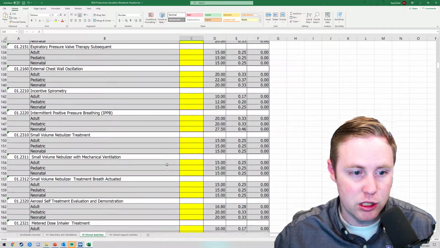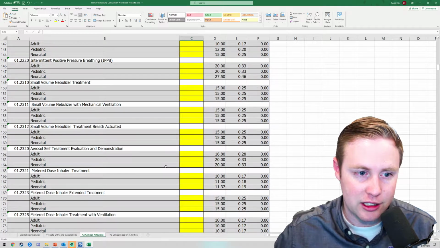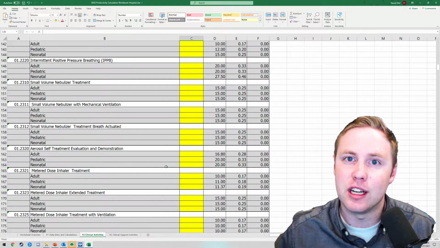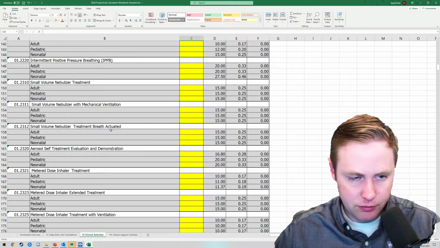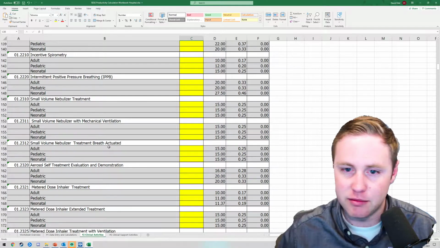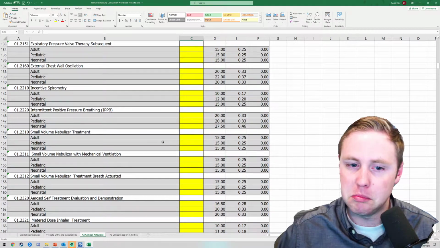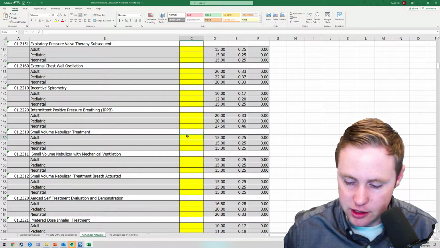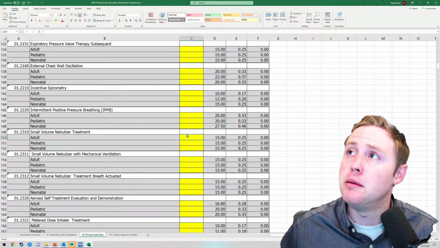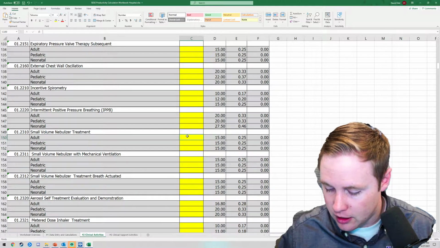But you can see as we scroll, we have a lot of different activities, including all of the different modalities in different types of settings. For instance, small volume nebulizer treatment, very simple. We'll put a few there. We'll say we had 12 initial assessments, and throughout the day, Q4, maybe on 5 patients, we'll say we had